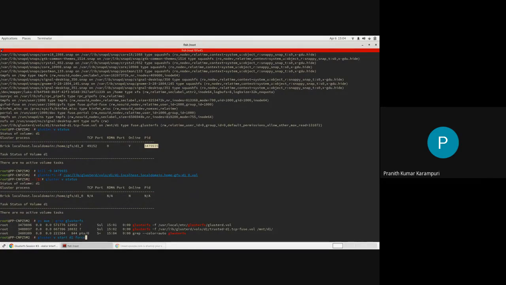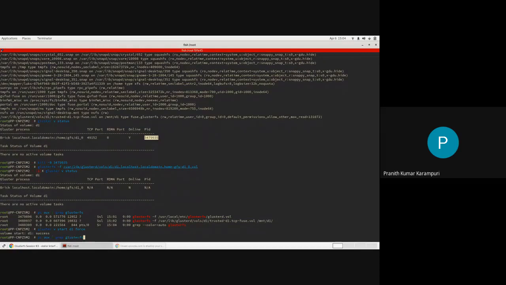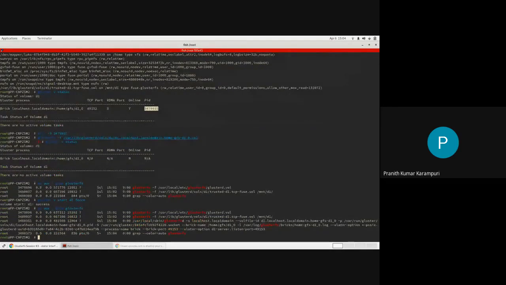I probably will have to give some of these extra options, but I don't remember. Maybe these ports, I probably will have to give. That's the reason why it is not working out. But most of the configuration generally gets picked up from this one only.